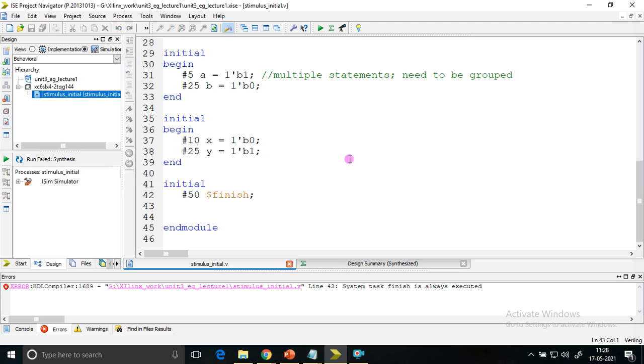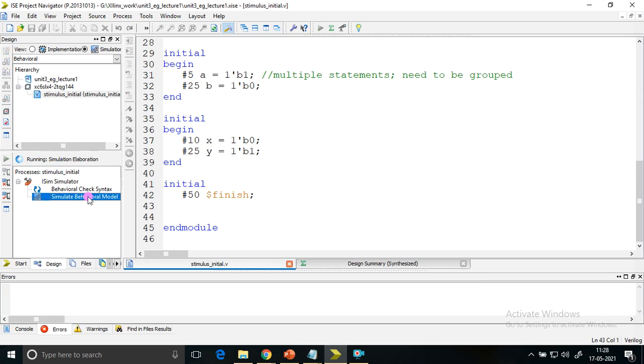Because it is a stimulus block, I highlight the stimulus block, click on the iSim simulator, and double click on simulate behavioral model. So we are checking the working of the initial block here.